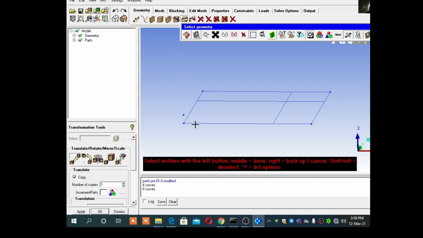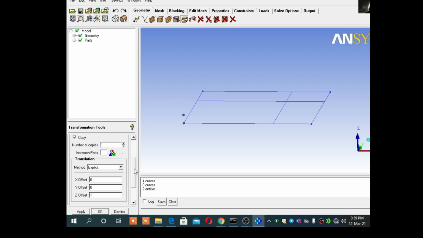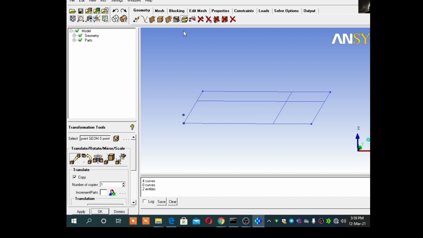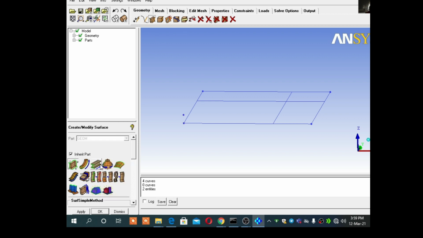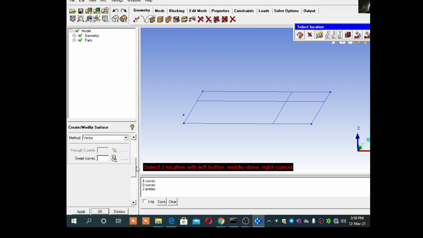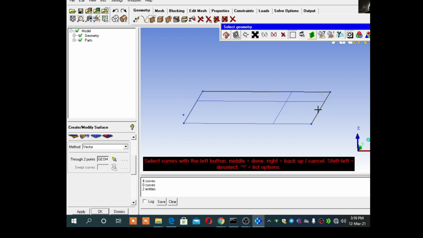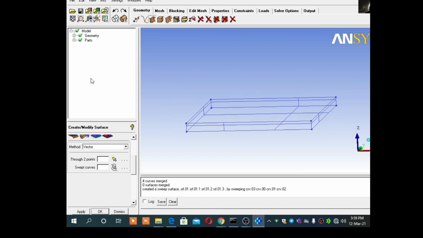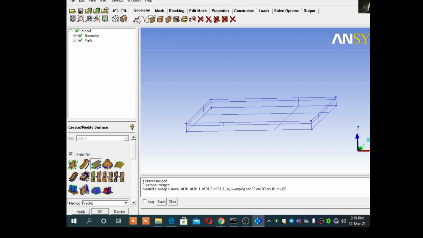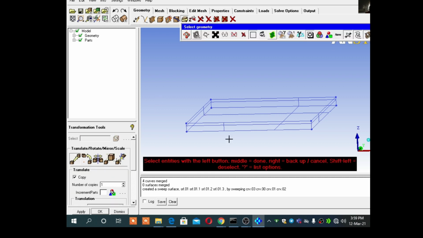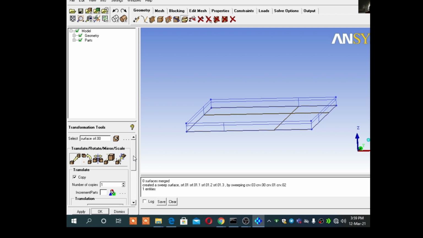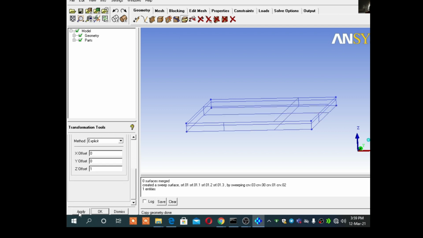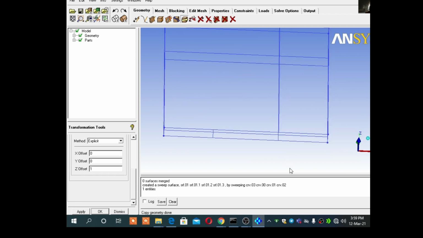Suppose anybody is willing to design, then he or she can use this drawing. So I will select 2 points and sweep this surface. Then again I will transfer this face by 1 mm. So here is the thickness.